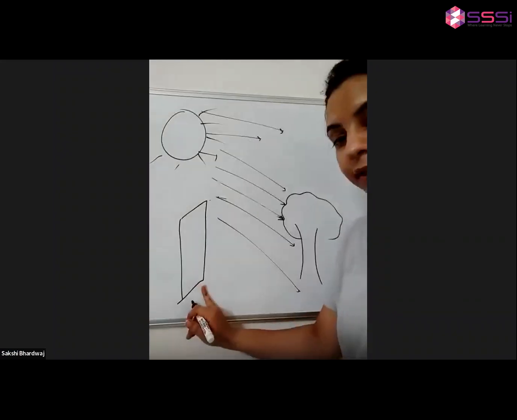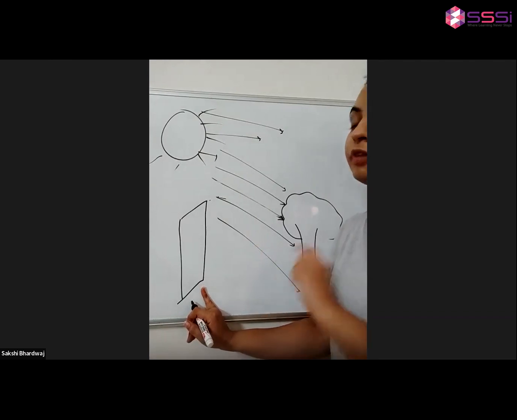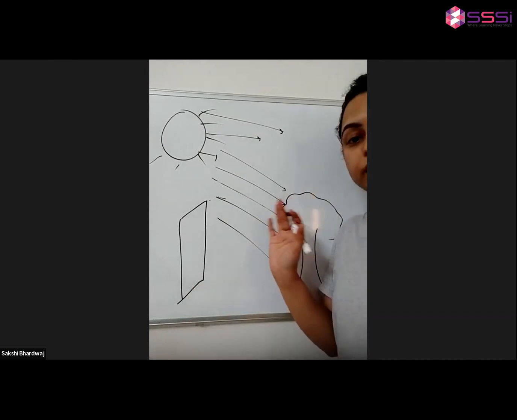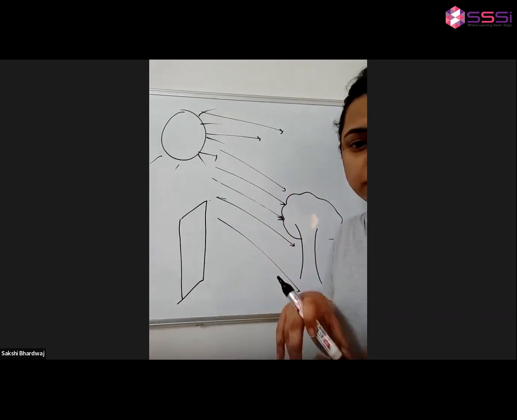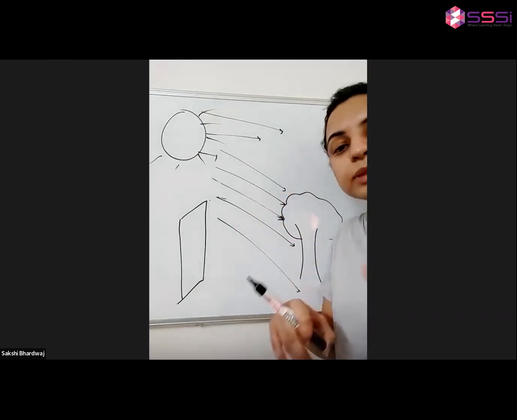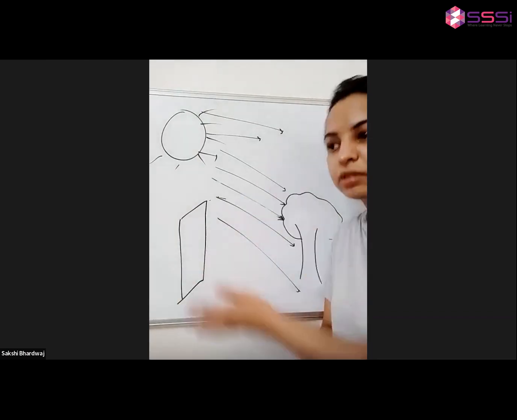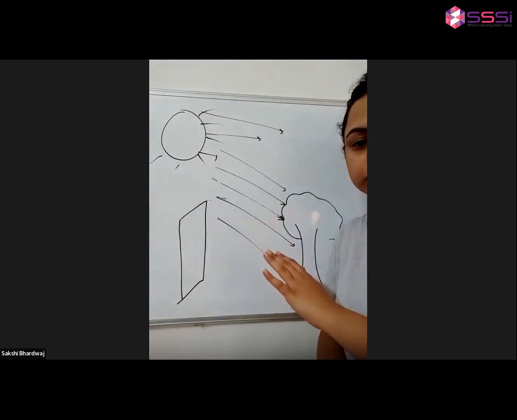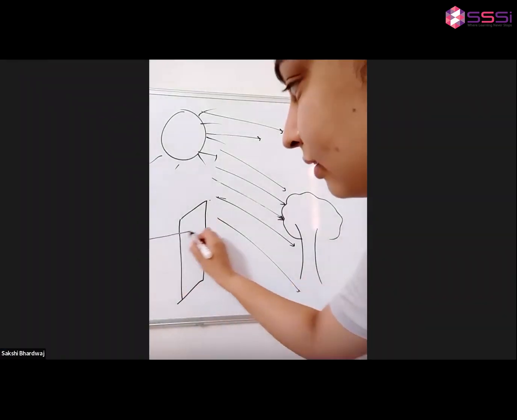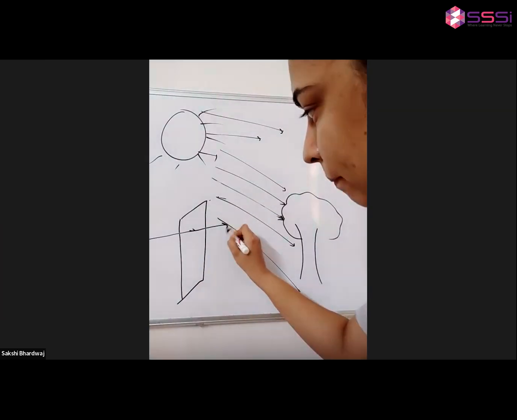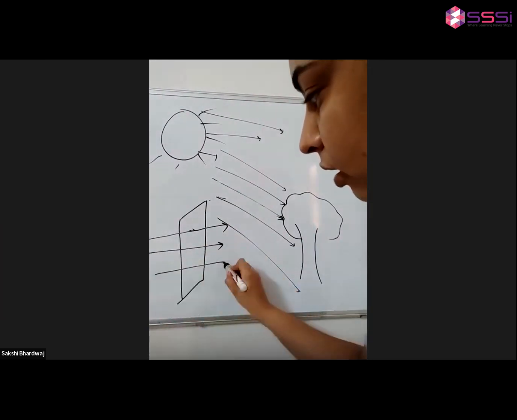Come to this transparent sheet. Whenever you go to a showroom or wherever, there are big glass doors. Transparent. Sometimes we forget that this even exists, we just get stuck in them. Why do we do that? Because the light rays pass through them, so we can see what is on the other side.